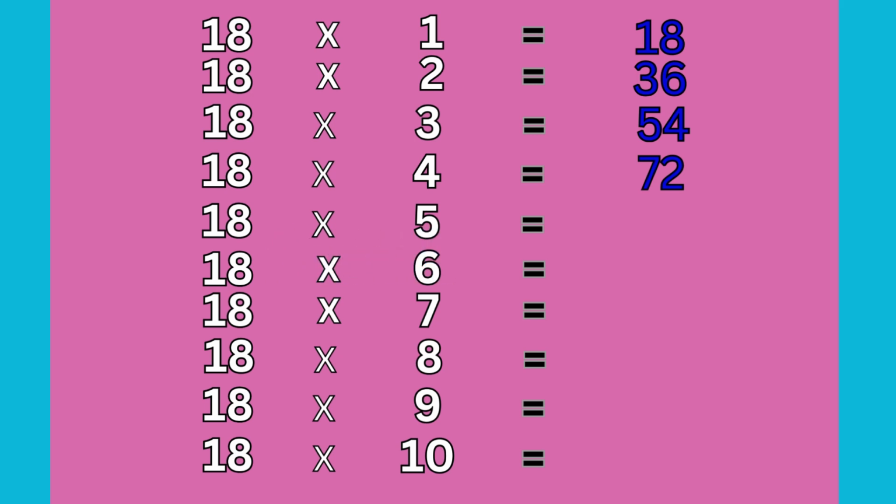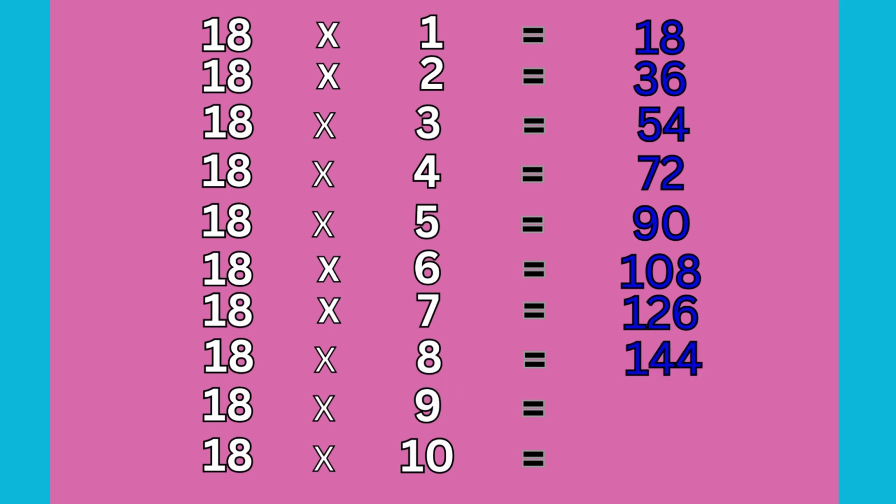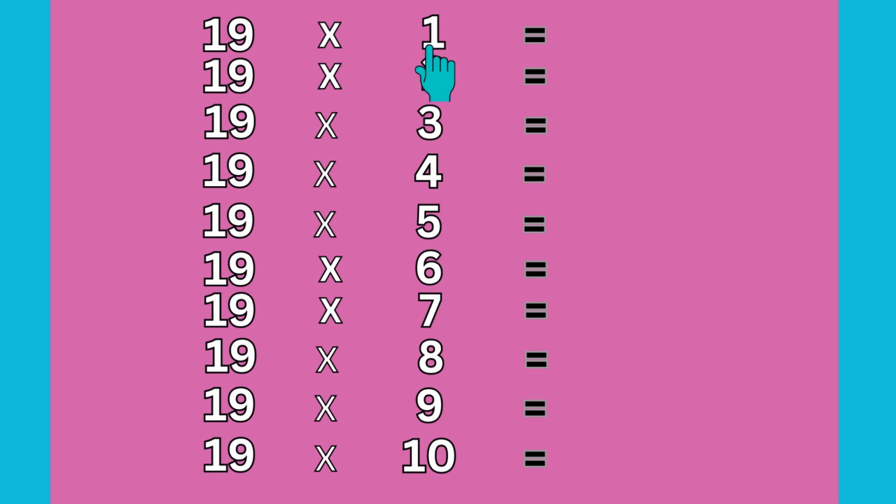18 fives are 90, 18 sixes are 108, 18 sevens are 126, 18 eights are 144, 18 nines are 162, 18 tens are 180. 19 ones are 19, 19 twos are 38, 19 threes are 57, 19 fours are 76,